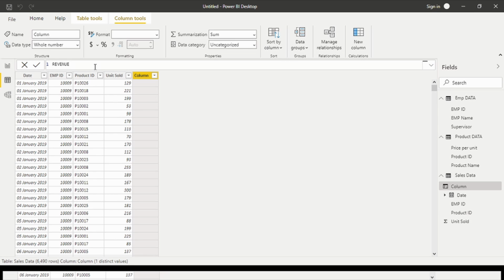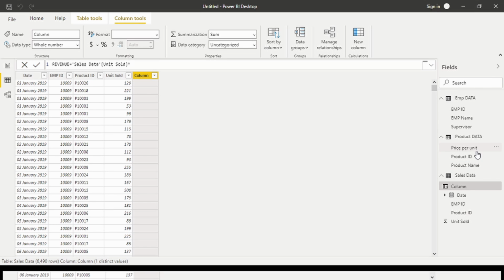revenue. Revenue is equal to sales data unit sold. So we have to write down the Excel sheet name first, like sales data. My Excel sheet name is sales data, and this is unit sold into the other thing I need, price per unit.